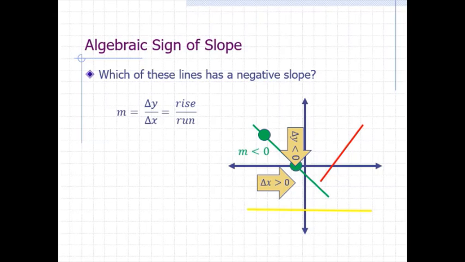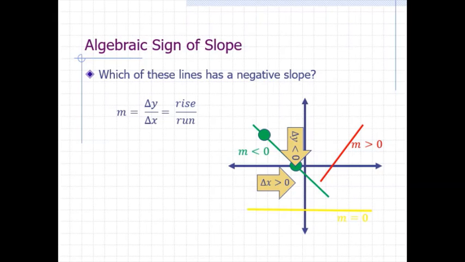It should be easy to figure out that the slope for the red line is positive. A good way to remember is to think of a positive slope as an uphill climb when you go from left to right. What about the yellow line? The slope in this case is 0. Why? As you go from left to right, the y value does not change. Delta y is 0 regardless of delta x. A horizontal line has a 0 slope.